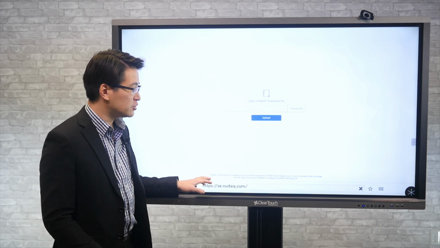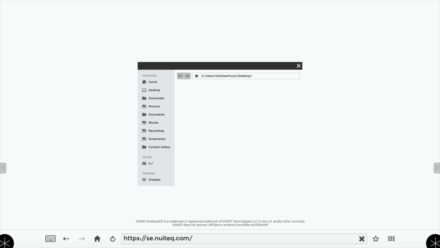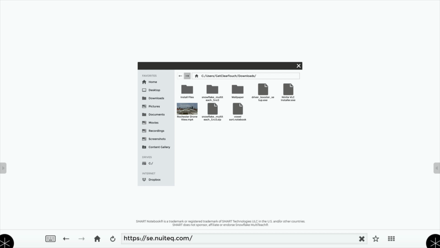So we need to remember the site se.nuiteq.com that we have on the bottom here. When you go there, this is kind of like a special helper for Notebook files. You choose a file, you have to have a file downloaded. In this case, I have one called vowel sort from